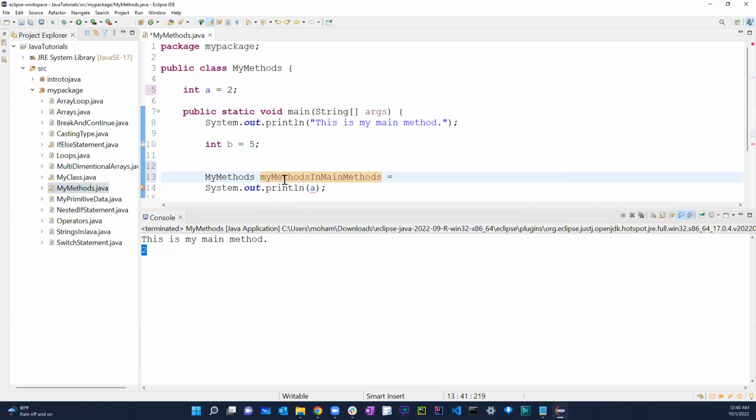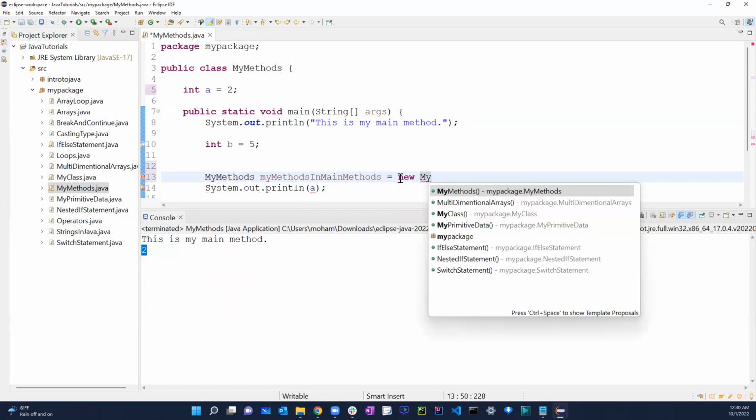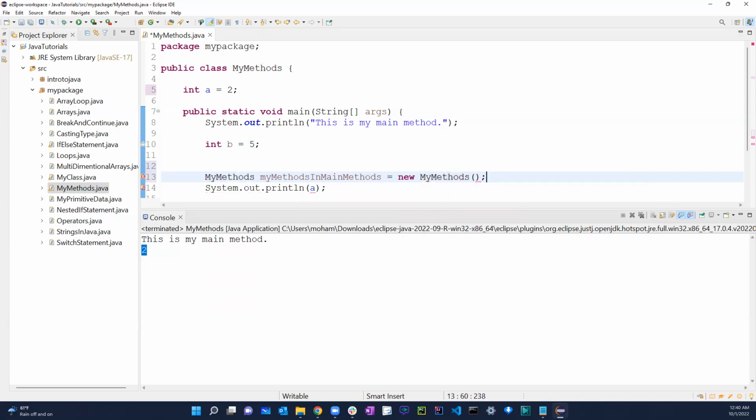Okay, my method. So this is my method. I'm saying my method right here, which is basically this. I just created this object. My method in the main method equals new, right? And we can say my method. There you go. So right now, because I created this, what I can do over here, instead of a, I